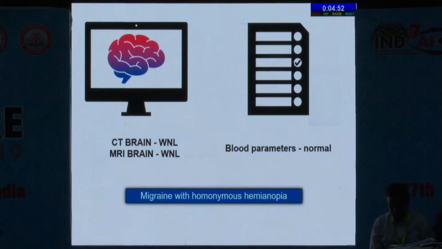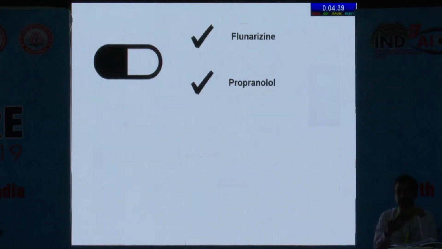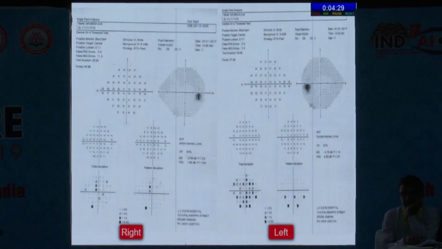Migraine is essentially a diagnosis of exclusion, and to exclude other treatable lesions, we did CT brain and MRI brain, which were within normal limits, and our blood parameters were normal, and we arrived at the diagnosis of migraine with homonymous hemianopia. The patient was treated, with a neurologist consult, with cerebroselective calcium channel blockers like flunarizine, oral propranolol, and oral NSAIDs. And this was her